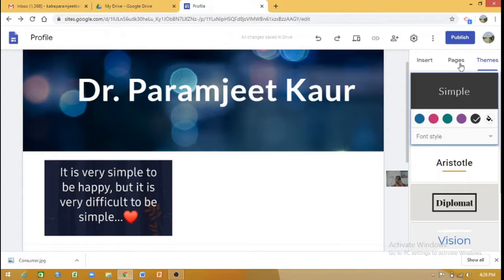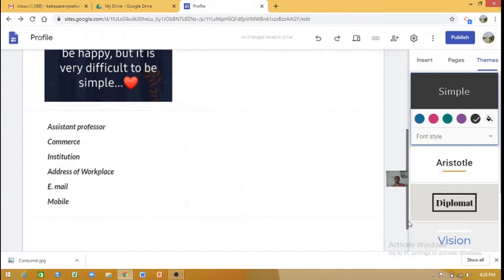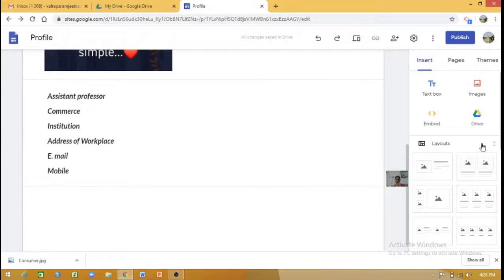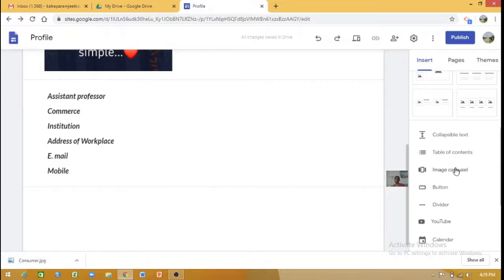Talking about the third tab, that is pages. Now we have two options. Either we can have only a single page in our website. In the single page, you can give the details. For example, there is the insert tab. We can insert different types of text over here. What type of text can be inserted? We can make use of image carousel. It is going to mix up various images. If you like, I have inserted one image. If you want to show one image, immediately the next image is coming. So you can make use of this image carousel.